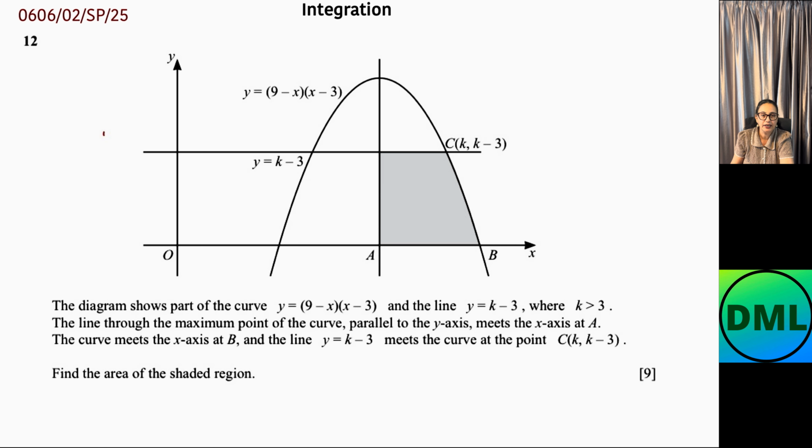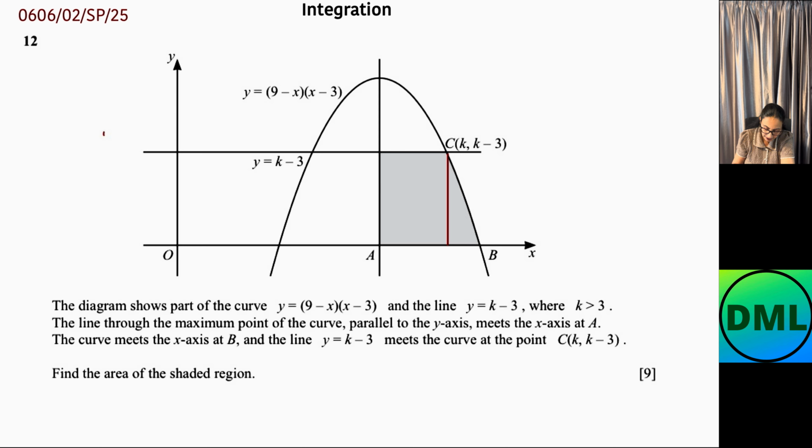This region has been divided into two parts. First, you have to put the line here. This has been divided into one rectangle and one with the curved part. I need to find the area of both of them. For that, I need the coordinates here and here. So to get the coordinates of the points A and B, which lie on the x-axis, where y = 0, I'll put y = 0 in the curve and get the answers for x.